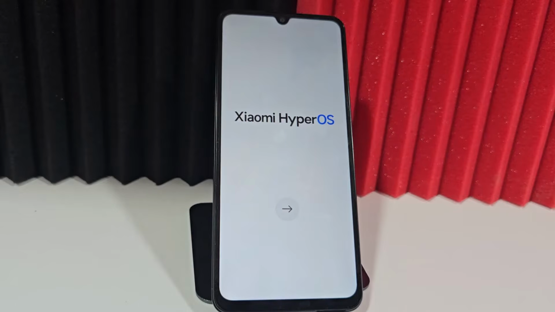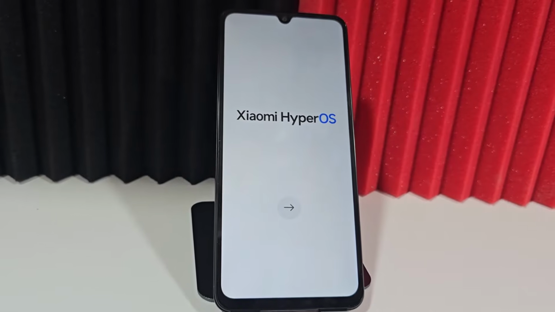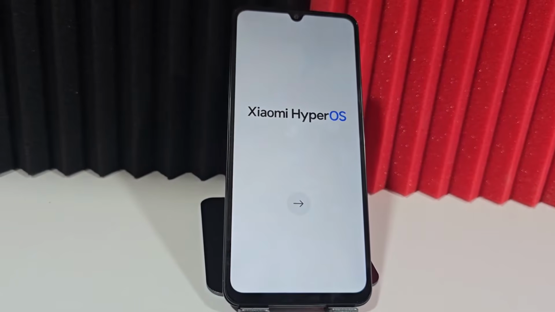A completely PC-free method where we'll explain step by step how you can recover your device. One of the easiest and fastest ways to recover it. For those who want to try other methods,